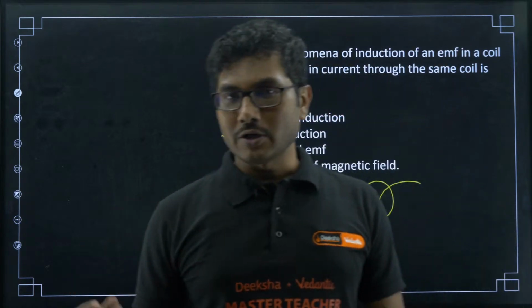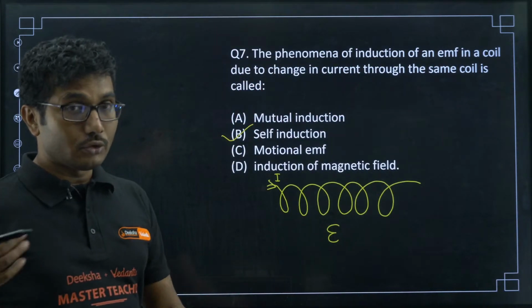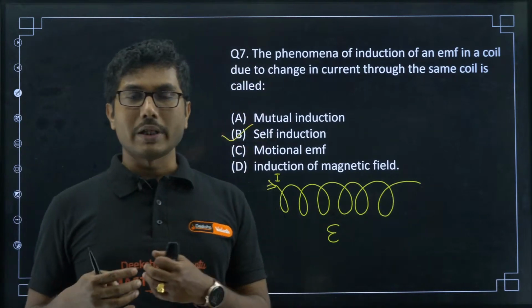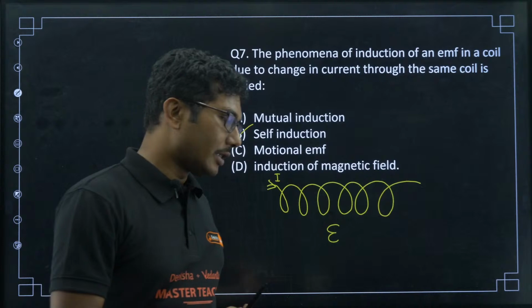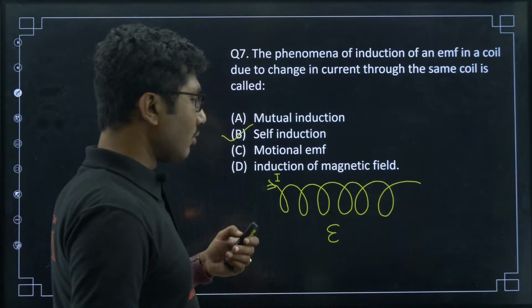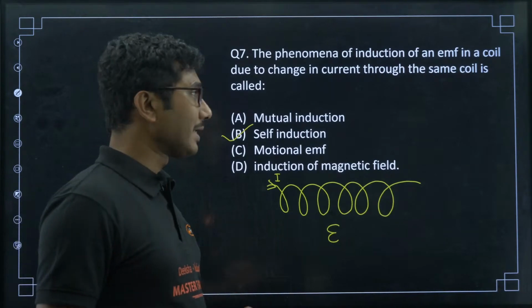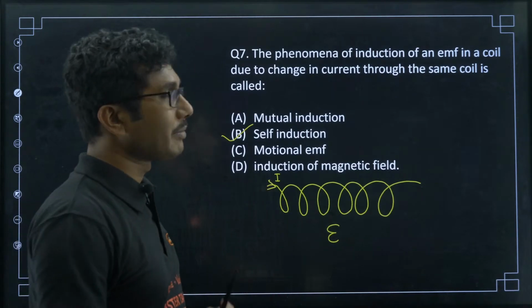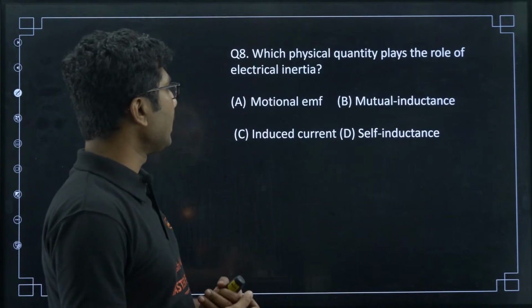If it is more than one coil, 2 coils, 3 coils, that is called mutual induction. Mutual induction is defined only for 2 coils in combination. So if there are 2 coils, the main thing we are interested in is the mutual inductance. More detail about mutual inductance is not part of your syllabus, nor of the KCET, but some JEE aspirants might find some questions related to mutual inductance. Anyway, let us move on to the next part.